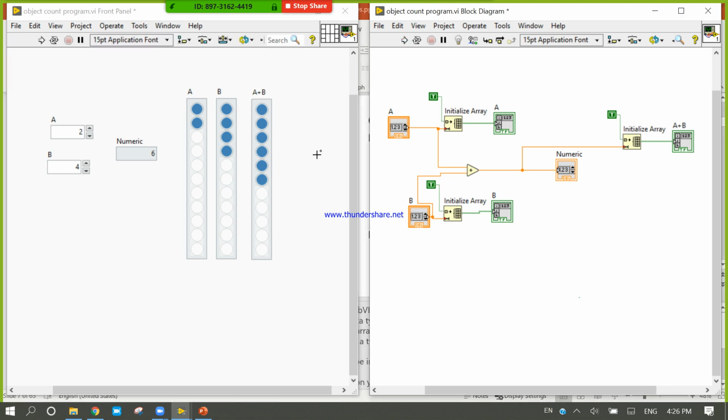Slowly we will learn how we can manage all those things one by one.